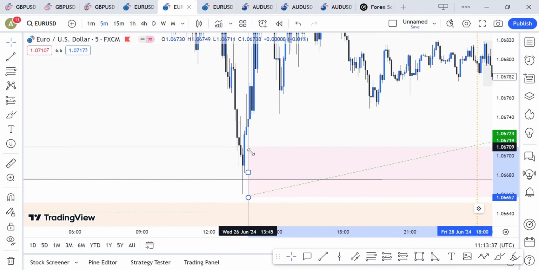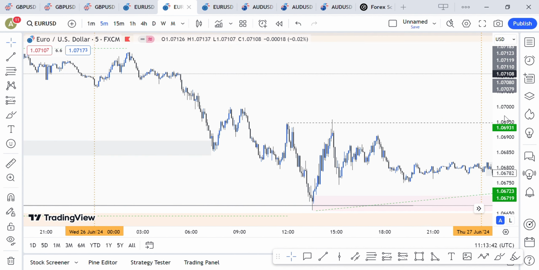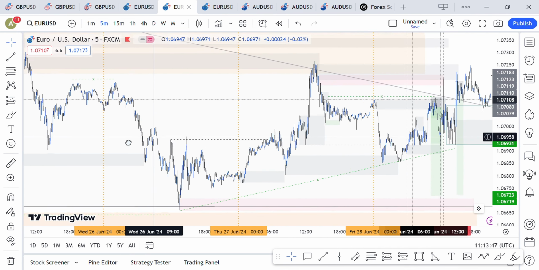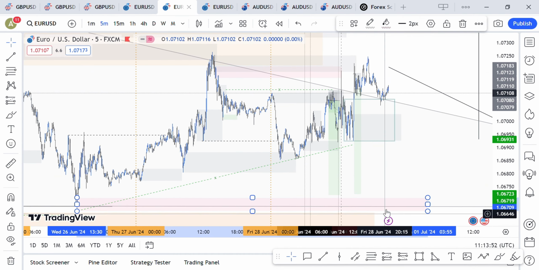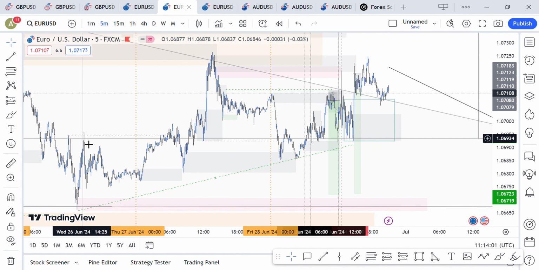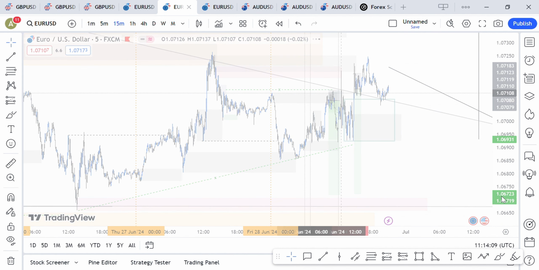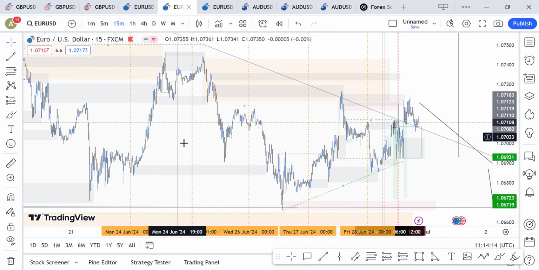Okay, I have this POI that I'll be expecting price to come to, because it didn't actually touch that point. So with that POI, I'll be expecting price to come down to that point, where maybe if it does, then I'll be looking for buy opportunities from here, and also leaving this point as another liquidity trap, and also having some buy pressure coming in and take out those other areas that we'll be expecting to be taken out, because also with these, sorry,